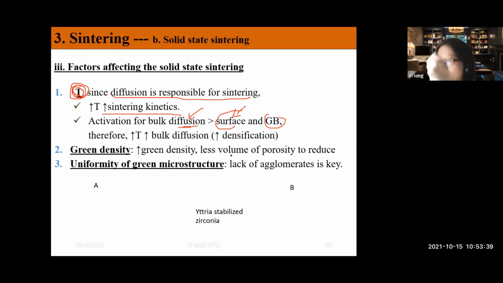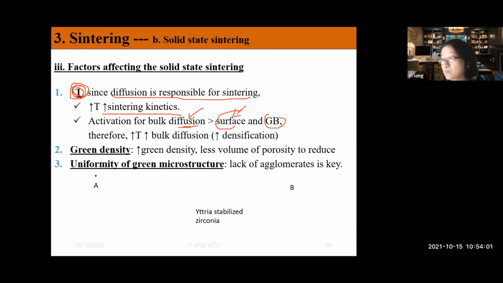Basically, you mix powder together, ball milling, right? Then sieve, then form a shape. Remember, form a shape. That one we call a green shape. That green shape means before sintering. Thank you very much, Yongjin. Thank you. Before sintering. Okay, so obviously, if you have fewer pores to reduce, it will be much easier